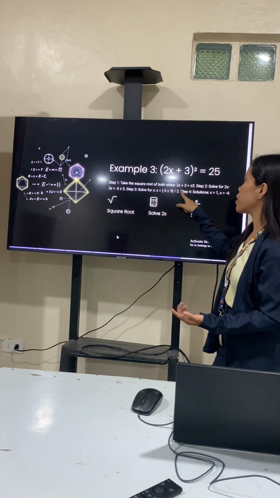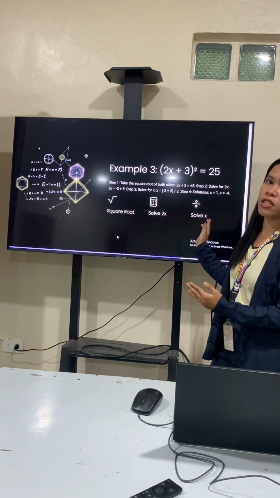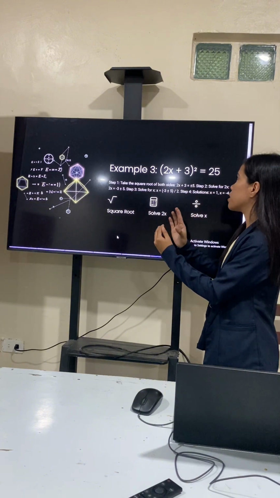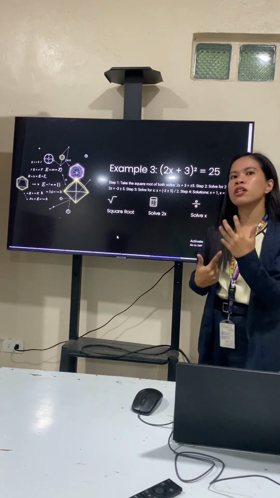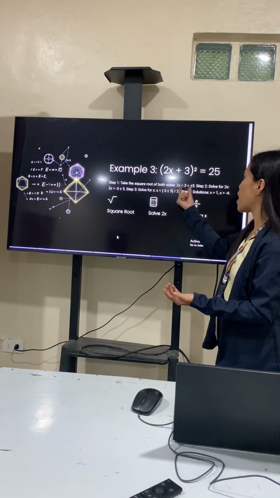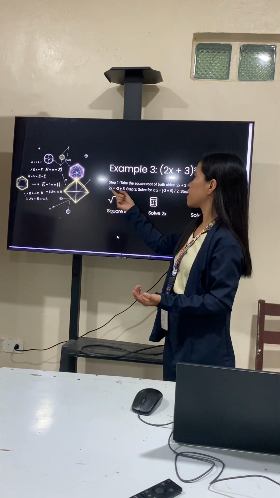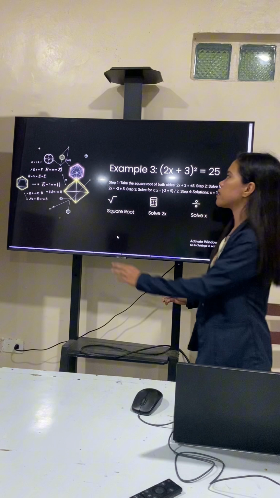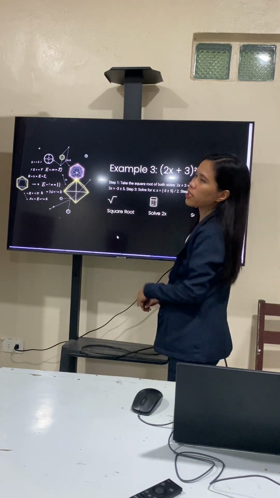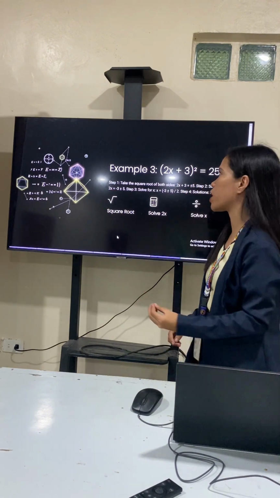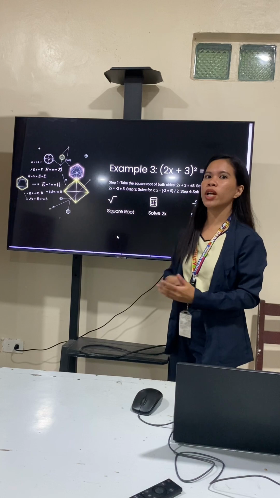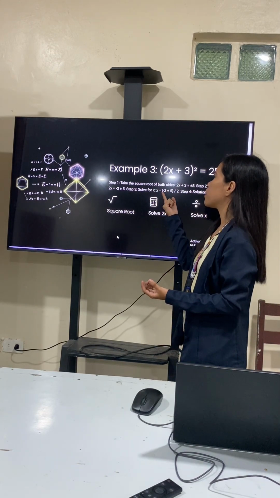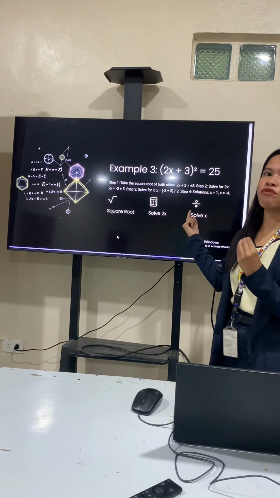We're going to transfer the positive 3 to the other side, and it will become negative 3. Since we transfer 3 from the left side to the right side, the sign changes. So we now have 2x equals negative 3 plus and minus 5. Step 3 is to solve for x. Since it's not expressed in x yet, and we have a numerical coefficient 2 here, we have to get rid of 2. We're going to divide both sides by 2. But first, we have to compute negative 3 plus 5 and negative 3 minus 5.